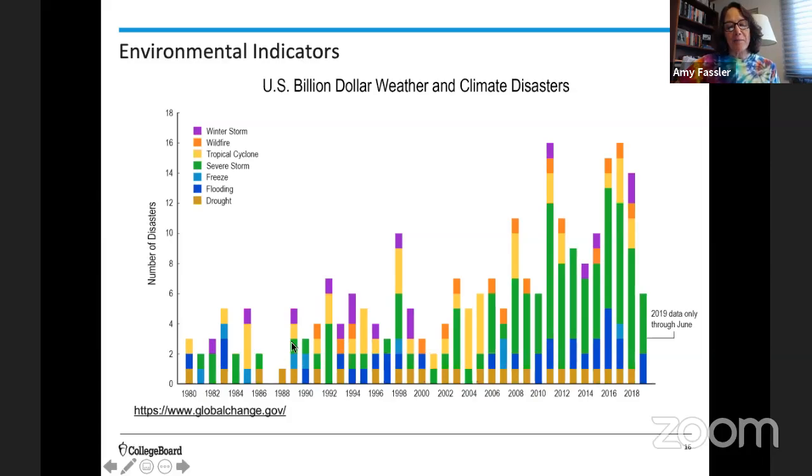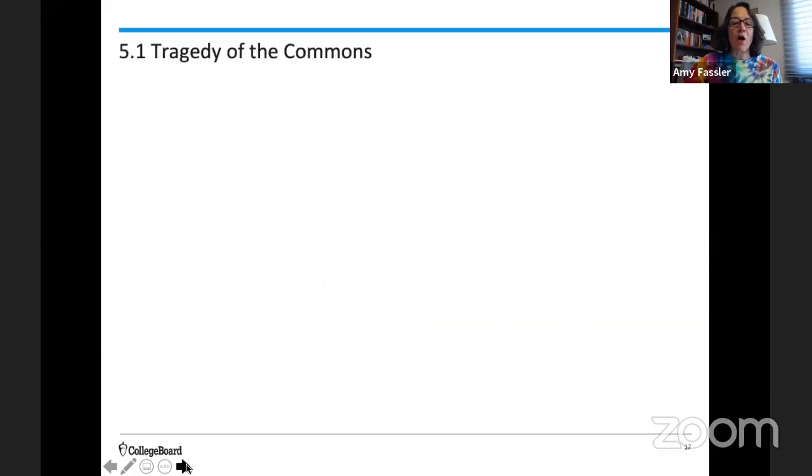And if you picture a little bit of a trend line through here, you can see that we are drastically increasing the cost to our future generations. We are leaving them with an economic system that may not be able to absorb the cost of all these drastic changes that we're causing. So again, a little bit doom and gloom, to lay out as we review those core ideas of